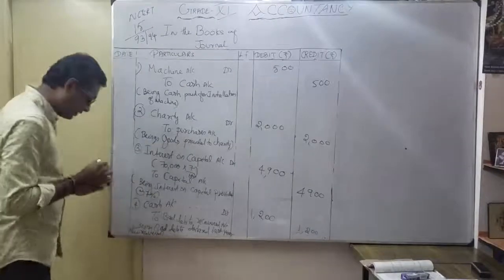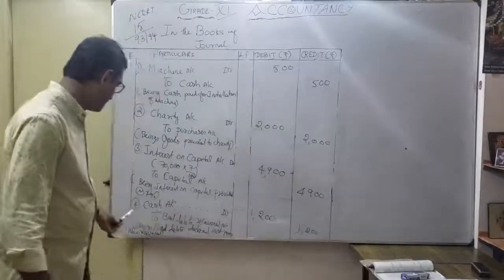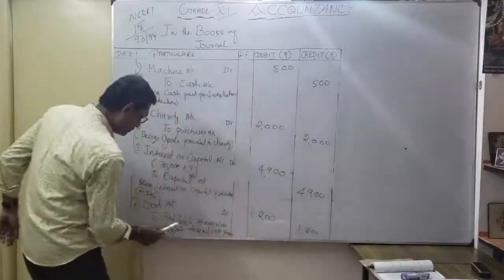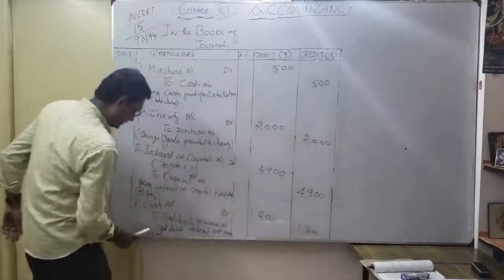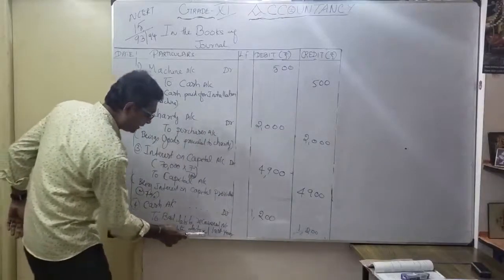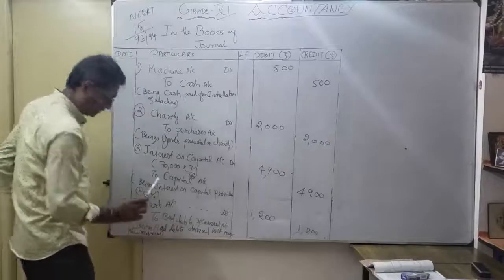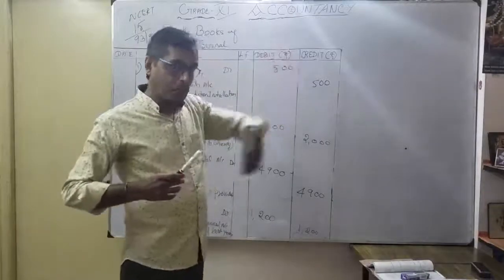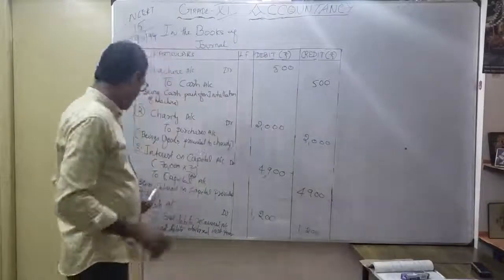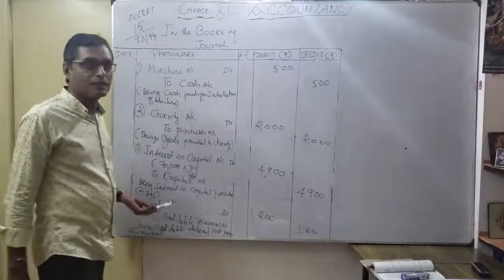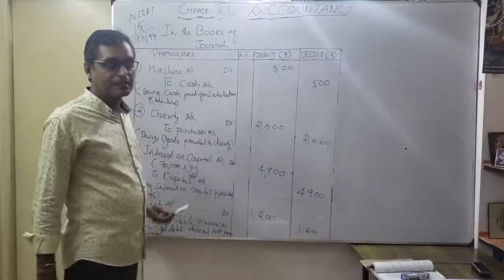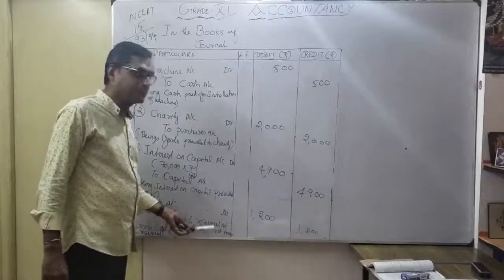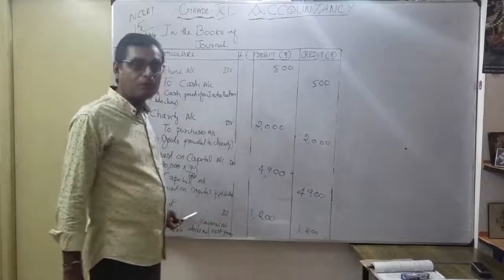You understood? Narration, you are unable to see. I read once again due to space purpose. Cash account debit 1200 to bad debts recovered account 1200. Narration: being bad debts declared last year, now recovered. That means what? Now we got money. We considered it earlier last year as a bad debt. Now I recovered that bad debt successfully. That's why I am debiting cash account. Why am I debiting cash account? Again it comes under real account as an asset. That's why I show it as a debit. What comes in? Now why bad debts recovered? Again it comes under nominal account as an income.